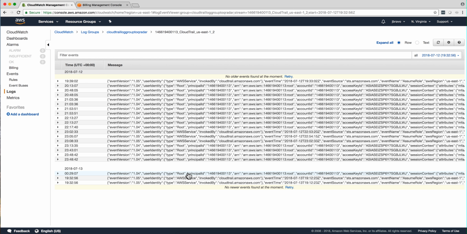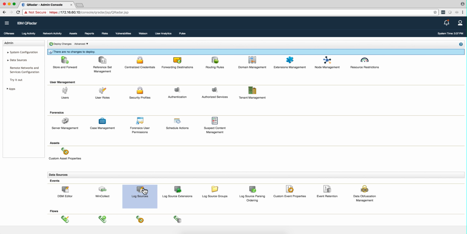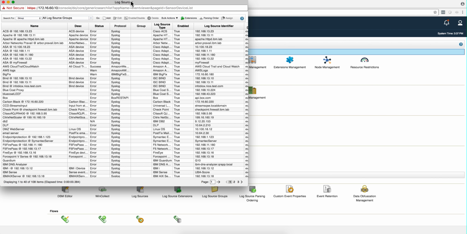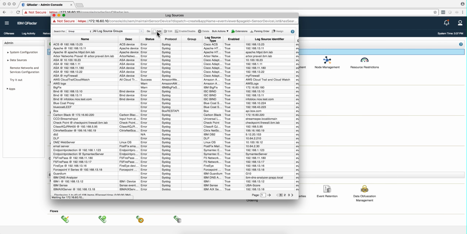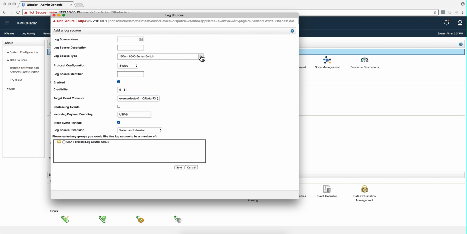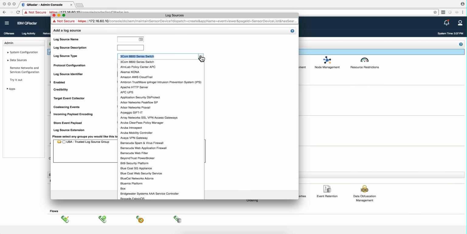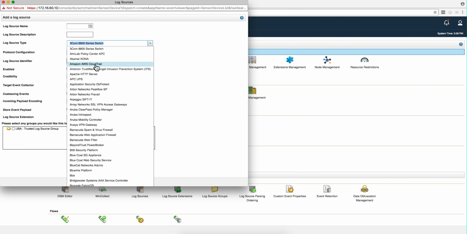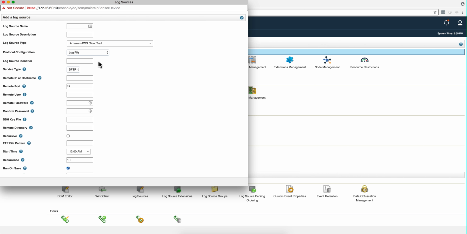Now the task is, we need to bring those into QRadar for QRadar to actually parse it and to get the rules and all the good stuff that QRadar will do, detecting attacks happening on the cloud and correlating those attacks happening on the cloud with anything else that might be happening on-prem. Now, if you run auto updates, when you add a particular log source, you can go here under Amazon,